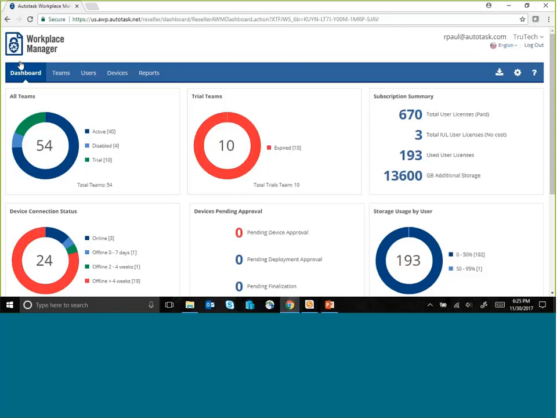Now, another integration to also note is we have integration with Autotask Endpoint Management. That is the Autotask Remote Monitoring and Management tool. So with AEM, you have the ability to deploy workplace agents, as well as monitor the workplace environment. That will be set up within Autotask Endpoint Management via the COM store and via